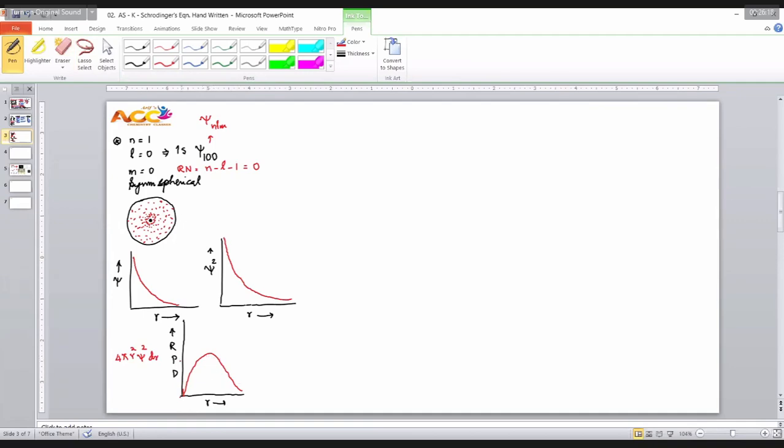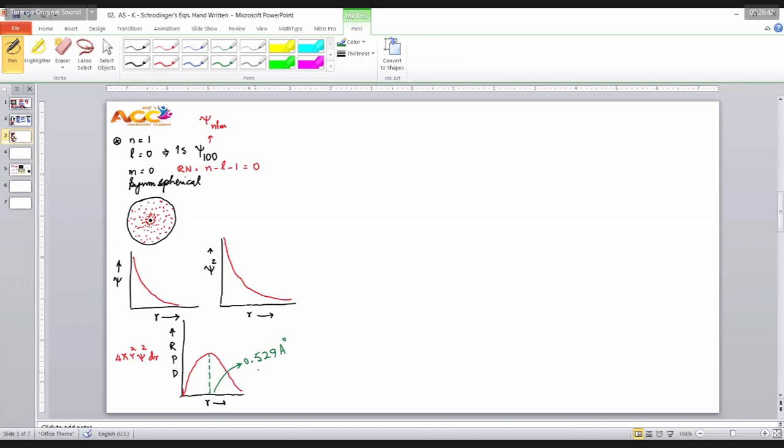Acha. This maxima, people call this as peak, right? They will ask you number of peaks. In 1S, we are having only one peak. This maxima has a beautiful discussion. When they observe the value of this maxima, they observe that this distance is 0.529 angstrom. Are you able to enjoy something?